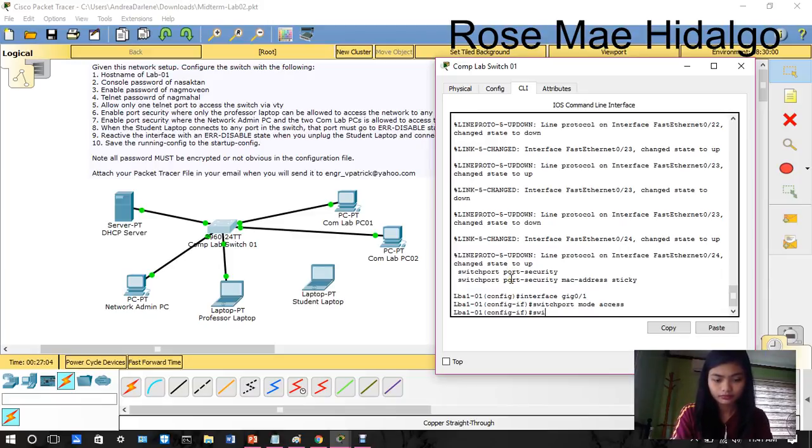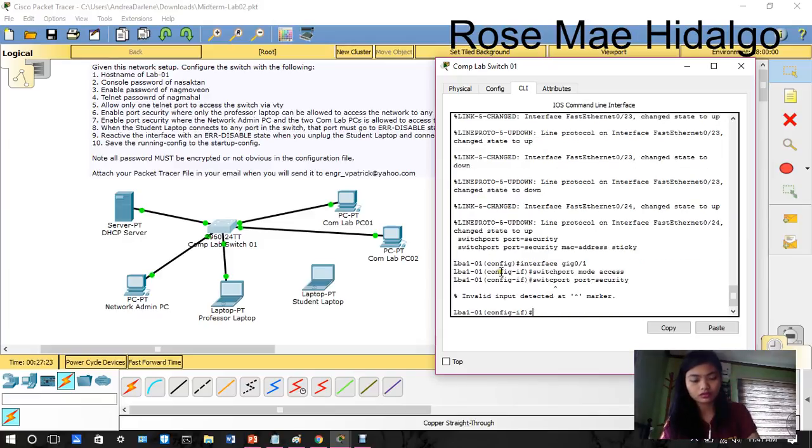and switchport port-security. Oh, wrong spelling, sorry.